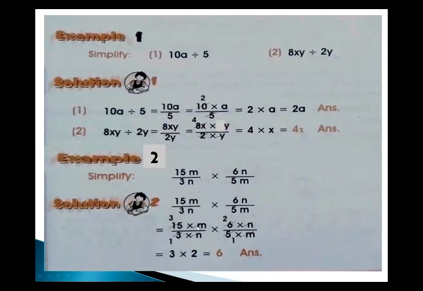Here you see that m is in the numerator, but here m is written in the denominator. Then we cut both the m because they are cross multiplied. Okay, so multiply this m with this, and multiply this n with this. Similarly, 3 ones are 3, 3 twos are 6. You can also cut this 3 by this 15, but if we cut this 3 by 15, then 6 is remaining. So we use that method in which the answer is more simplified.